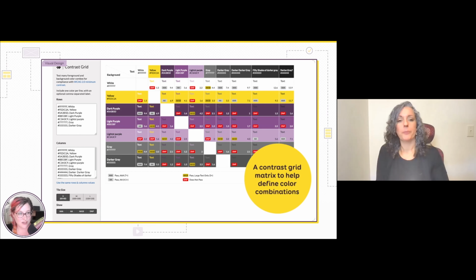Let's say I want to know if I can use this dark purple with yellow. If I'm at the intersection of the dark purple and yellow, I have a 6.9 contrast ratio, which is pretty good for AA criteria. But if I wanted to pair this dark purple with my light purple, this wouldn't work. A 1.6 contrast ratio is not enough. At the beginning, it might sound a little bit overwhelming, but once you understand that you have to check the intersection, it's a pretty useful tool for designers and everyone in the team to know if they can use the 2 colors together.